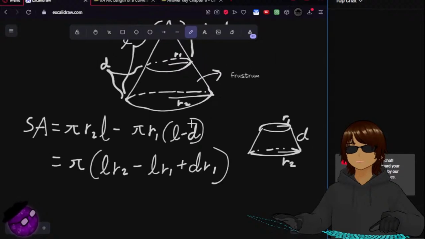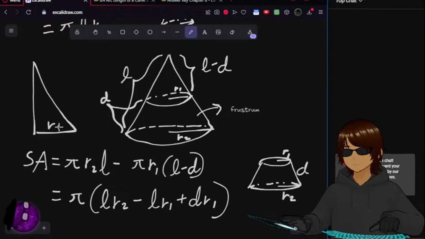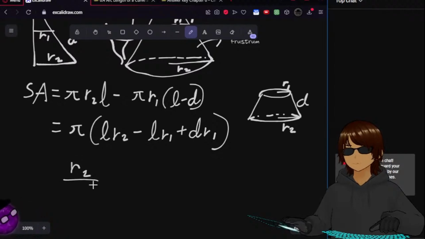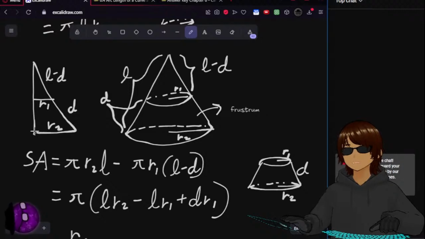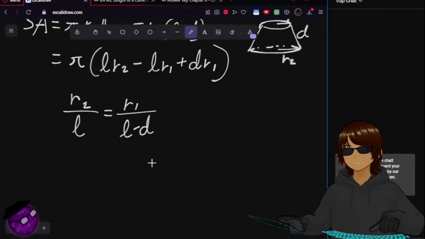I don't want any L over here. So what I can do is, let's say we have a cross section of the cone: R2, R1, and all this is L, and this part is L minus D, this part is D. And since the radius is proportional to the slant height, I can write R2 over L should be equal to R1 over L minus D, since the radius is proportional to the slant height. Which means